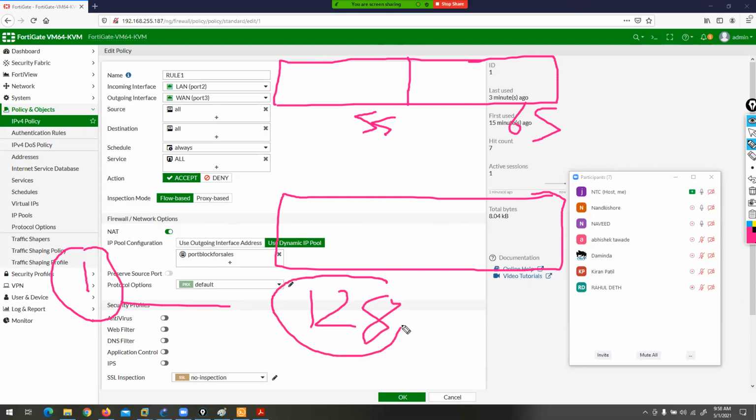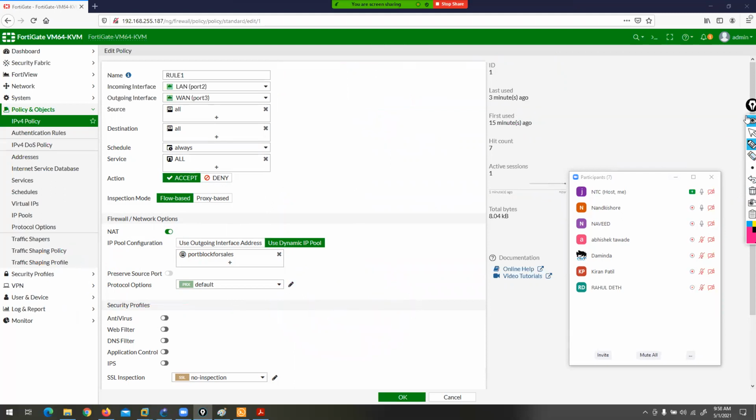Out of these ports, only he can use 128 ports. Once he starts the 129th port, that IP will be blocked. He cannot initiate the connection, he cannot translate. Clear? Below that we have that option, right? What is that? 128 I got just now.